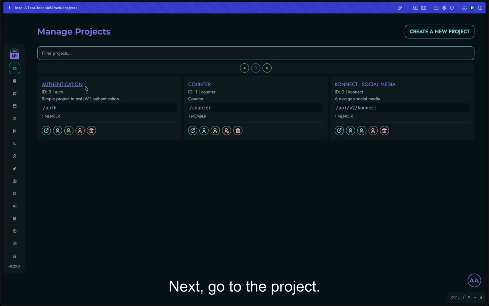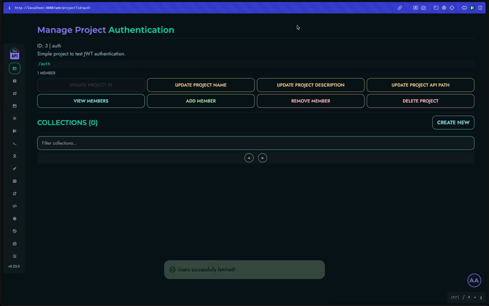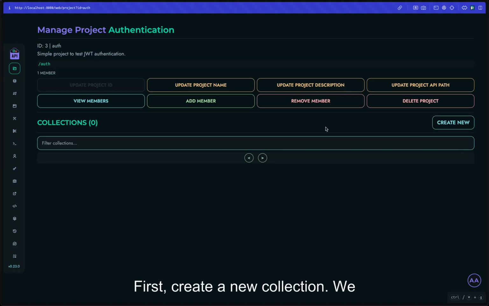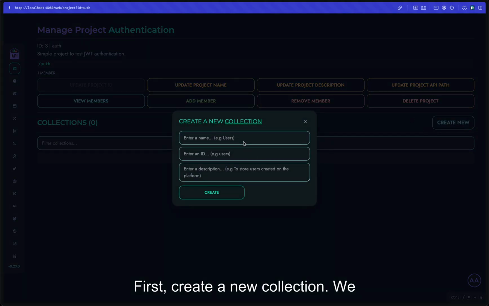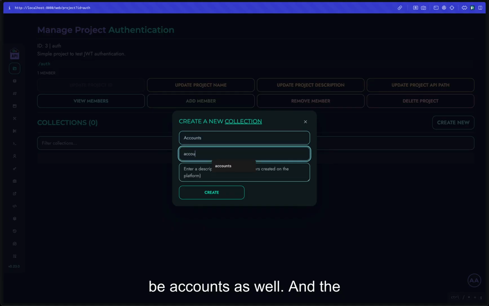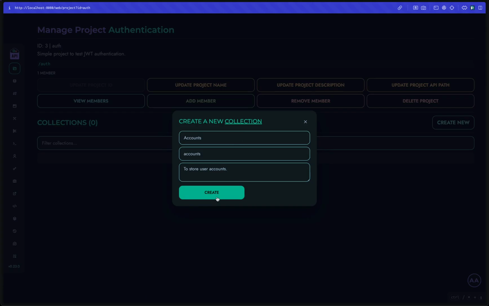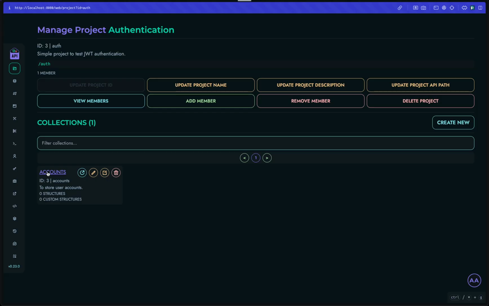Next, go to the project. First, create a new collection. We will call it accounts. The ID will be accounts as well, and the description you can put anything you like. Go to the collection,